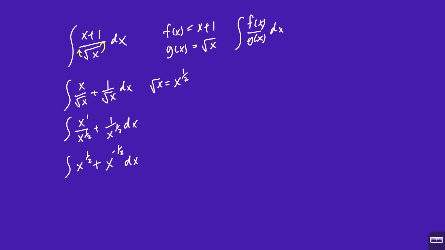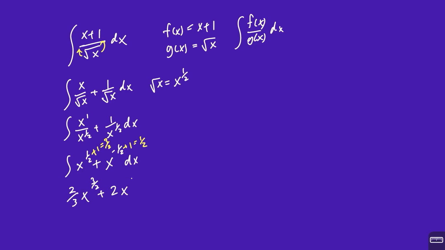At this point, we can now apply the reverse power rule when we're integrating because it looks more like a polynomial. Now, polynomials require exponents that are positive whole numbers. These are obviously fractional, so they're not technically polynomials, but it looks similar. So we can add 1, and this becomes 3/2. We can add 1 here, and this becomes 1/2. So then when we integrate it, it has the new power of 3/2, but you multiply it by the reciprocal. So you get 2/3 x to the 3/2 power plus the reciprocal of 1/2, which is 2, x to the 1/2 power